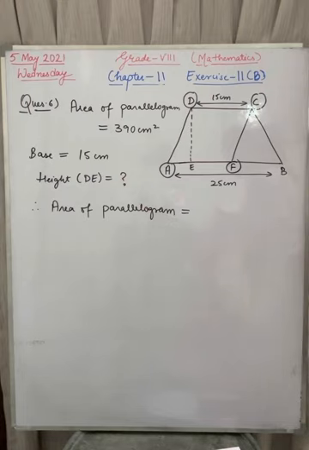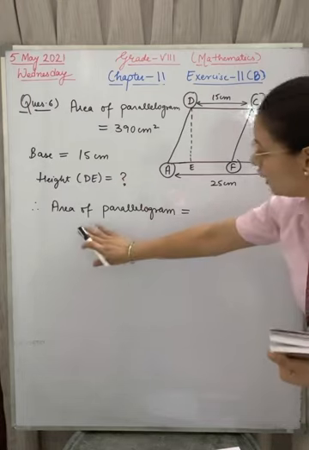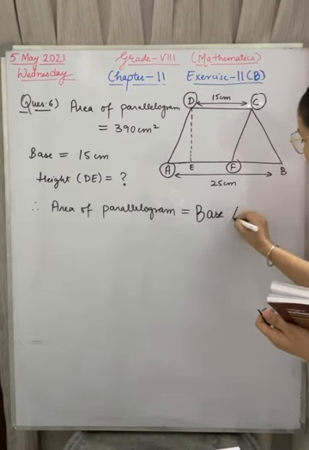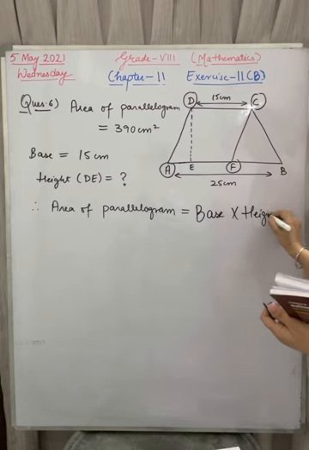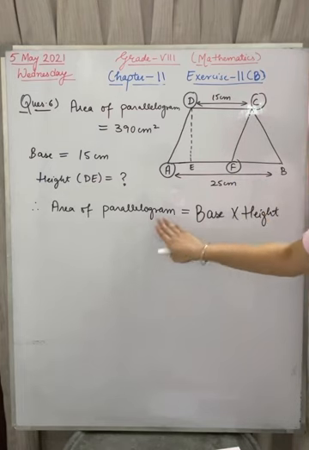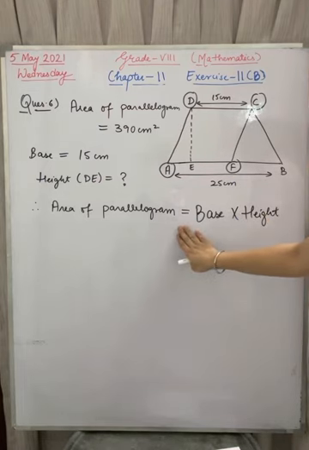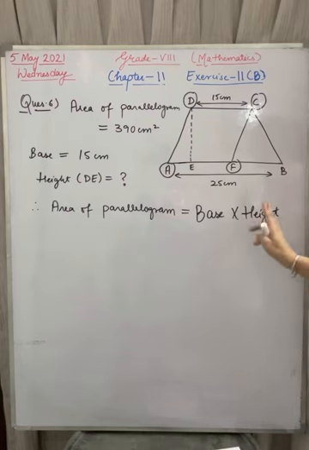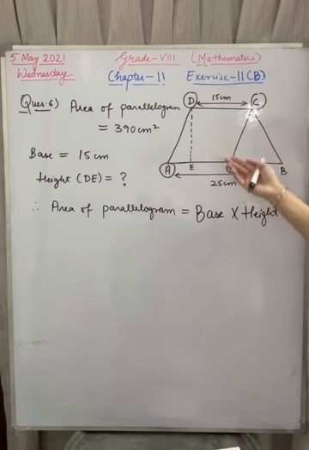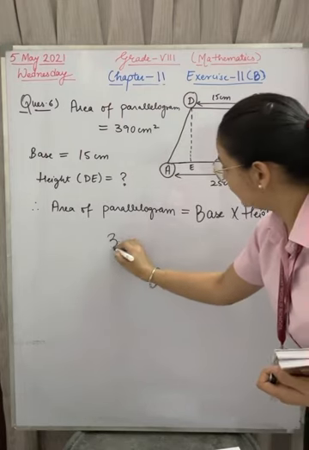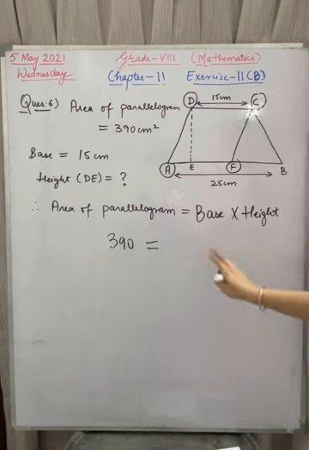Abudya, very good. Yes. So area of parallelogram is base into height. Okay, this is the formula of parallelogram. And trapezium formula we have discussed yesterday, that half into B1 plus B2 into H. I'll ask the formula when we do the question. Okay, so area of parallelogram is given, that is 390, equals to